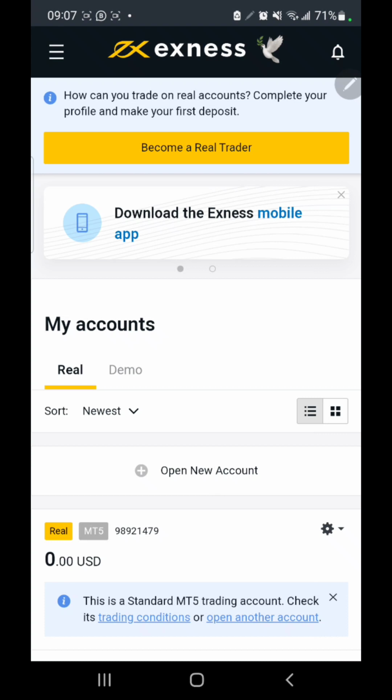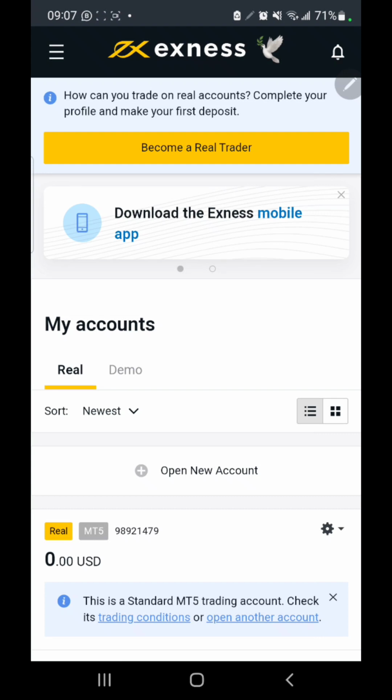right here, what we are in is your personal area. What we mean by personal area, it is more of the page where you get to interact with the broker. This is the page where you get to see all of your listed accounts, your MetaTrader 5 accounts, your demo accounts. Okay, so what I just want us to do before we can move forward,